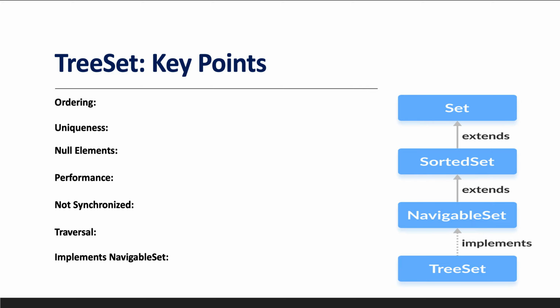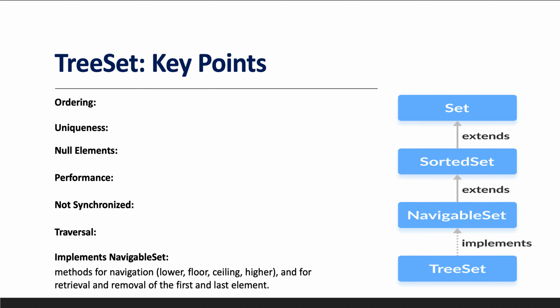Next important point that we have to know is that it implements NavigableSet. It means it is going to provide some navigation functionality also, like lower, floor, ceiling, higher. So if you want to get the highest element, the lowest element, or the element nearest to the highest or the lowest element, there are a couple of methods provided by NavigableSet, that is lower, floor, ceiling,